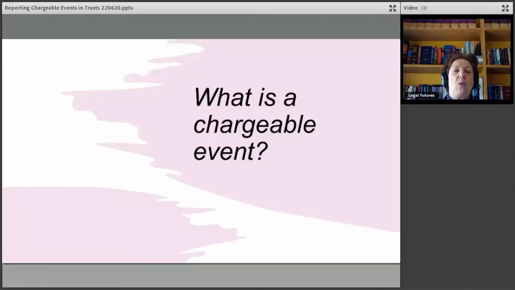I'm going to ask the question, what is a chargeable event? And basically the list that I'm going to cover is lifetime gifts that go into trust, ending an interest in possession trust, discretionary trusts, or really any trusts that are within the relevant property regime, assets leaving an 18 to 25 trust,